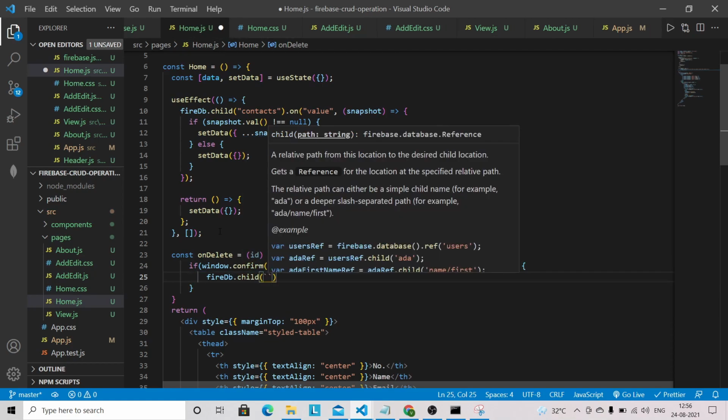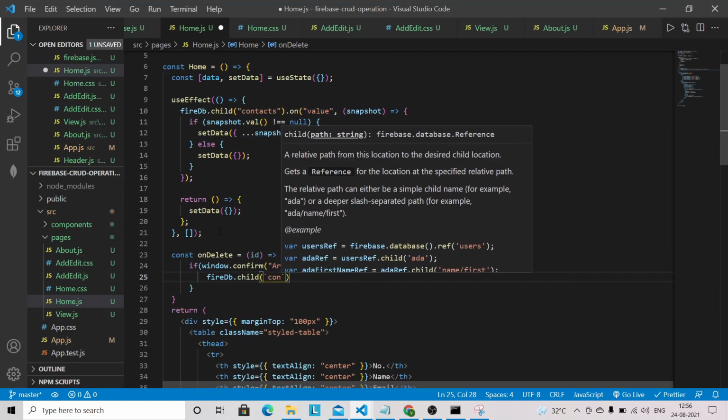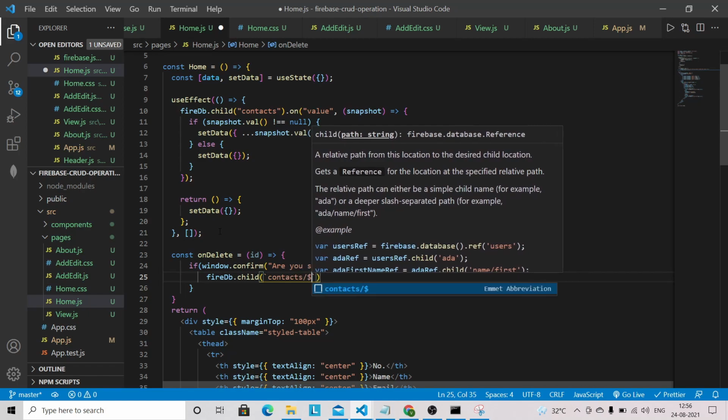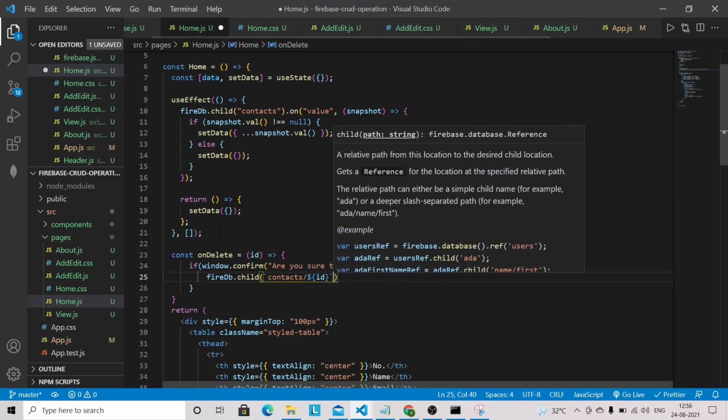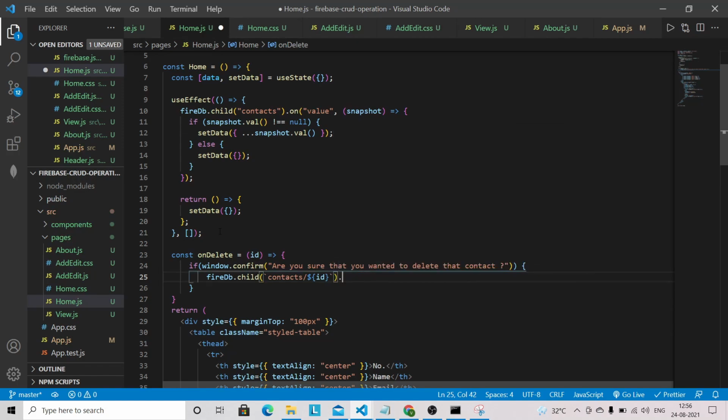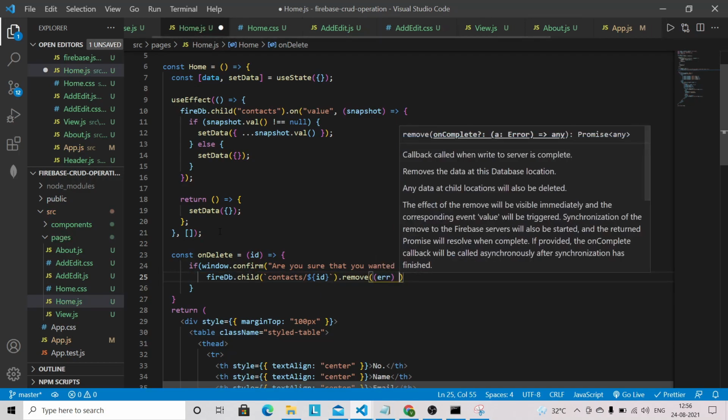We have to give here the DB name, contacts, along with which data we have to basically delete from our Firebase database. So we have to provide the ID this way, and then we can use remove, and we can use error here,